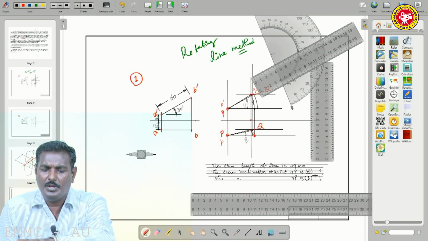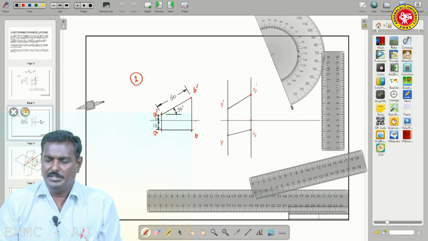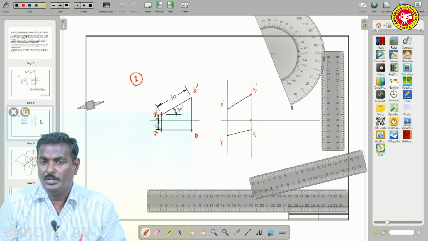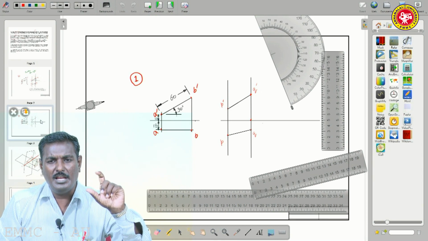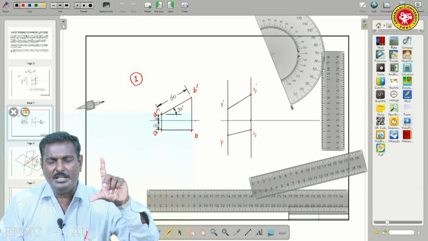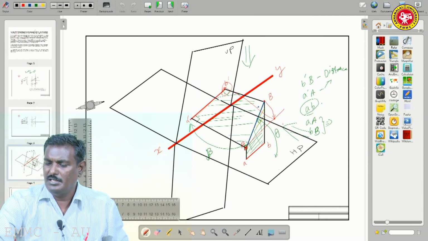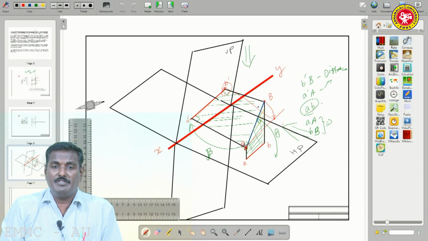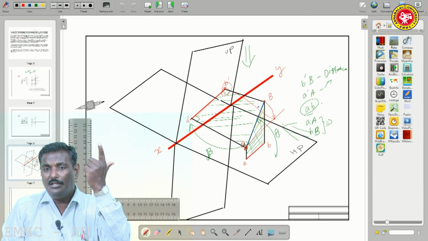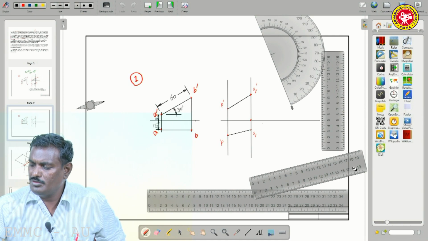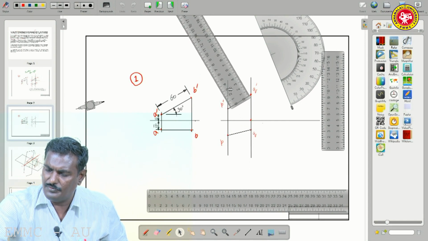Next, for the same problem we look at the trapezium method, how to determine the true length and inclination by trapezium. In this, how to obtain it by use of the trapezium? Already I stated the trapezium is an area. So, A dash, B dash and capital A, capital B. So, what about small a and capital A? What about the distance? It is the distance of the true length between A dash and capital A by looking at the top, the distance from the reference line to the plan view, that you have to draw in A dash and B dash. So, the same concept here, we have to draw a perpendicular line. If you need to draw any trapezium, that is by use of to determine the true length,